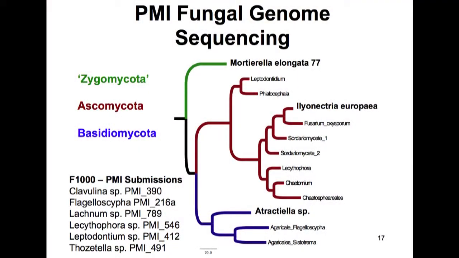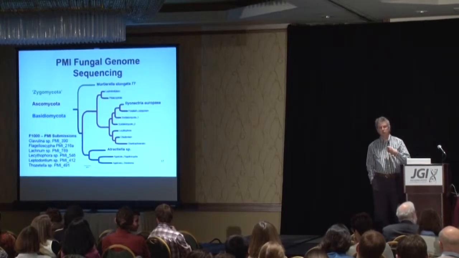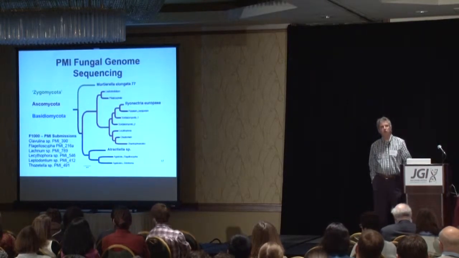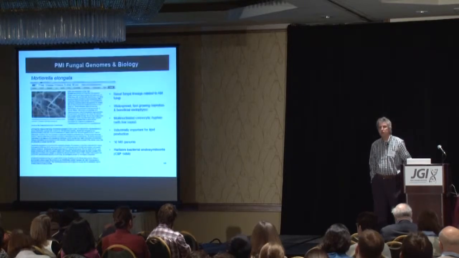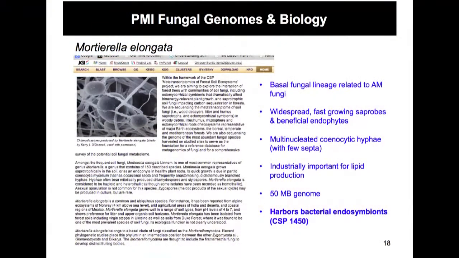So as I mentioned, we've been taking our fungal culture collection now and prioritizing these fungi for genome sequencing. And to date, we've completely sequenced 3 genomes, and we have 9 others on the way that have been submitted through various programs, the 1,000 fungal genomes project and so forth, to have their genomes sequenced by JGI. I'm just going to mention one as an example, Mortierella. This was the first genome that we submitted for sequencing.